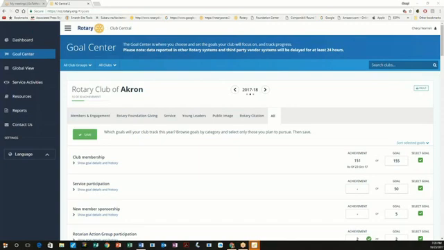If you had Interact involved, a Rotary Action Group involved, this is where you would select it. And if you choose other, that's okay too. Maybe you had the United Way or something. And then remember, you have to save your project. So to save your project, you go right here to save.